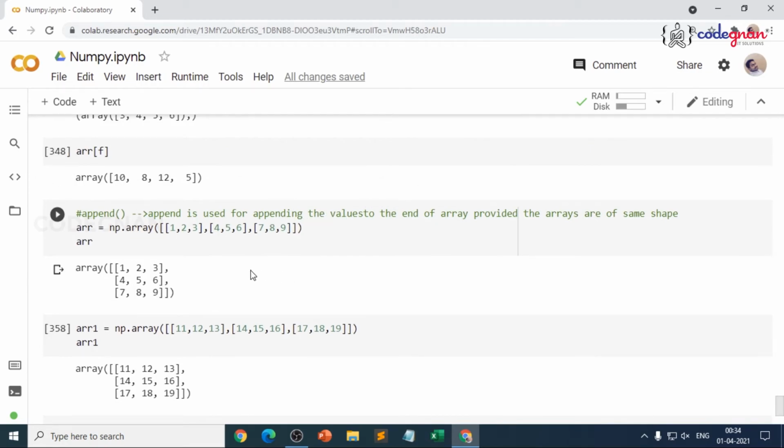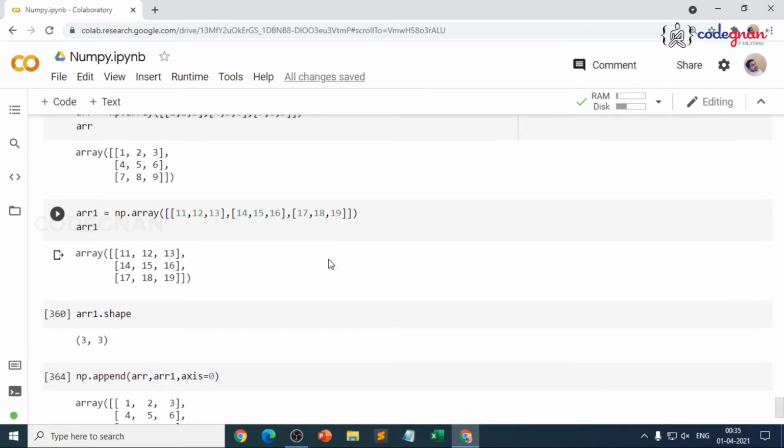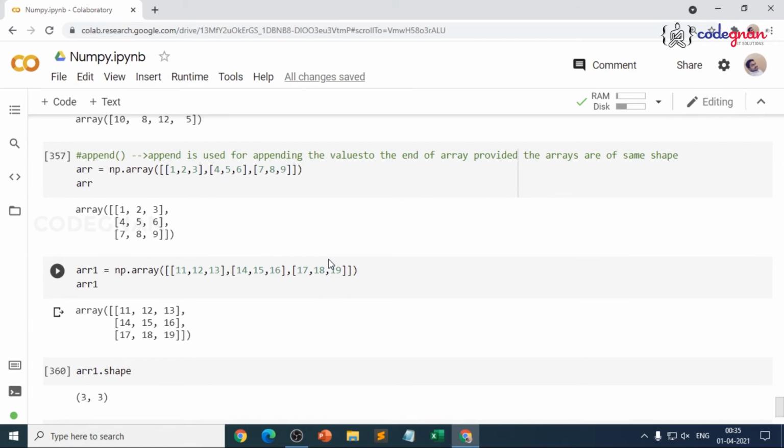So these are different ways of merging the arrays. Make it very simple. What is your use case? How do you try to arrange the values, whether horizontally or vertically? So these are all basic functions which we have understood over NumPy arrays. Make it very simple when we are working on arrays. Understand what is your use case.